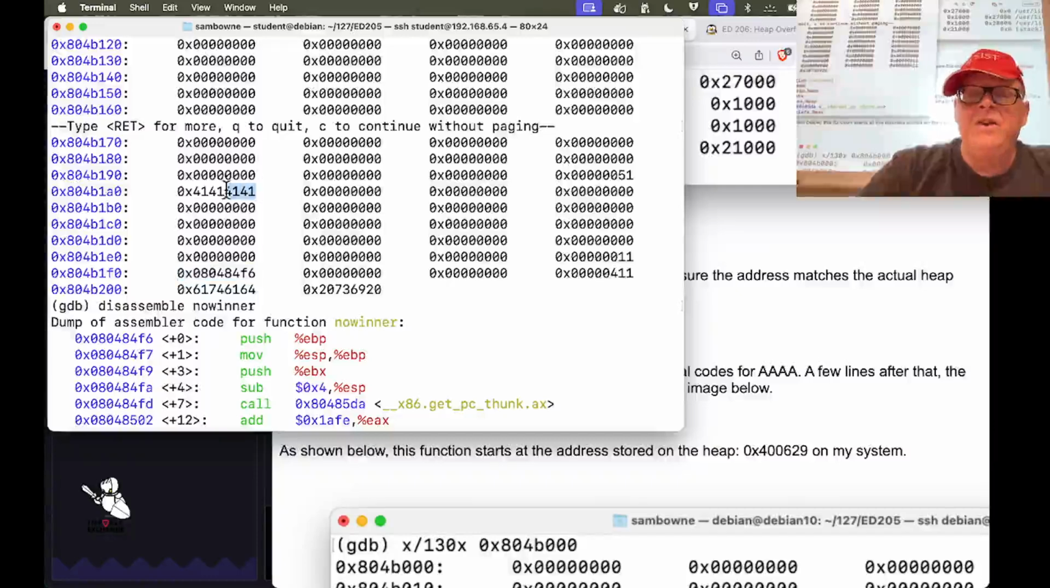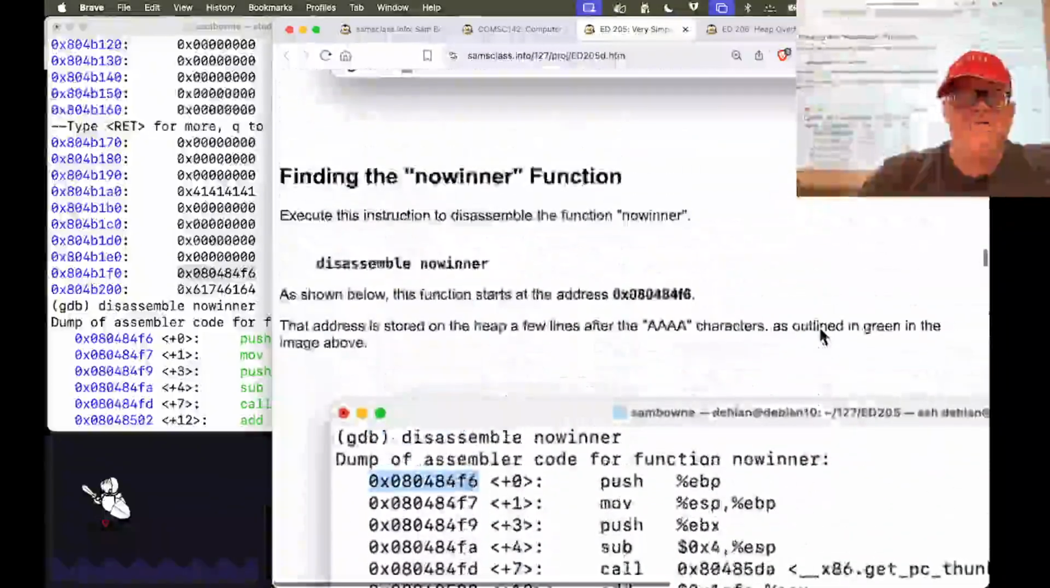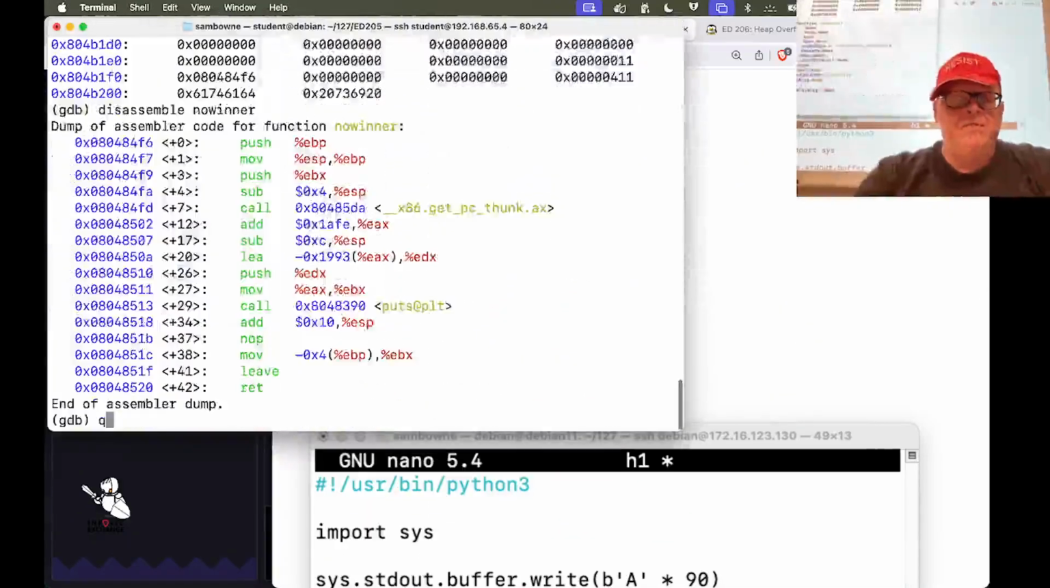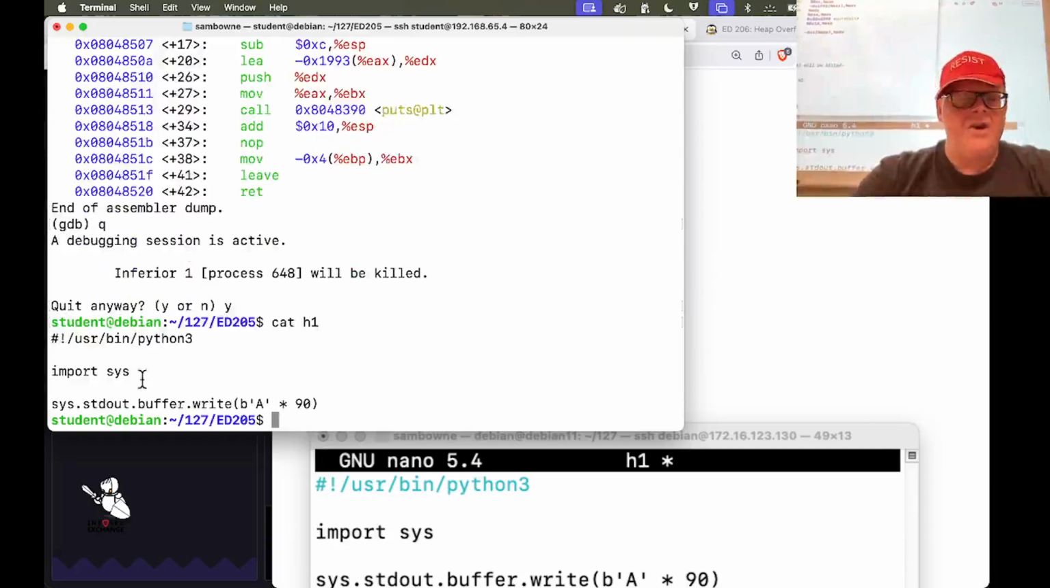So here's the point. I have a string starting here that I control, and I have a pointer down there that controls the instruction pointer. So I just need to make this string a lot longer, and I'll hit the instruction pointer. So now I can observe a crash if I quit, and I look at my first attack. It's here. I just print 90 A's. So if I run this one,